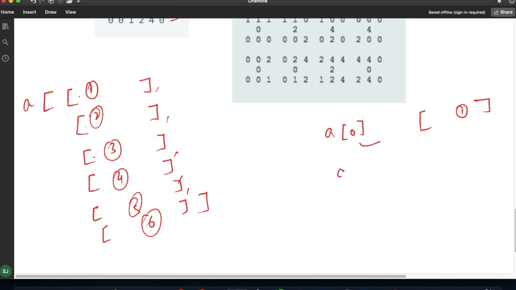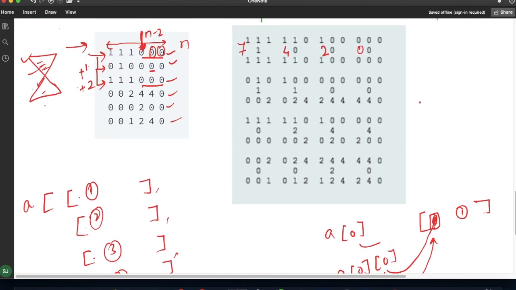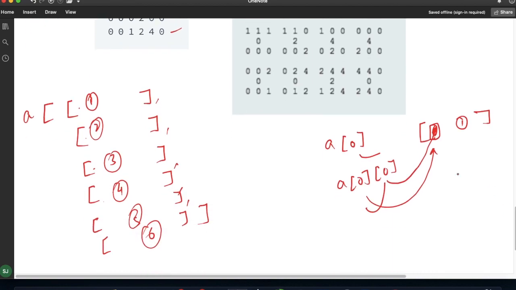Now if I write A of 0 of 0, A of 0 is returning this list, and if I again take A of 0 of 0, it will simply give me the very first element present in this list. Suppose the first element is 1, so it will simply give me value 1.